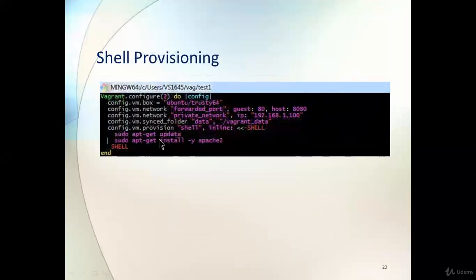How can I write a number of commands inside the virtual machine which gets created? So my virtual machine gets created with an Ubuntu machine, right? After that I have to install two or three things: first I have to update it, second I have to install Apache. So the syntax is